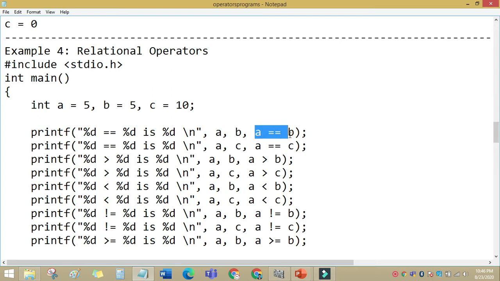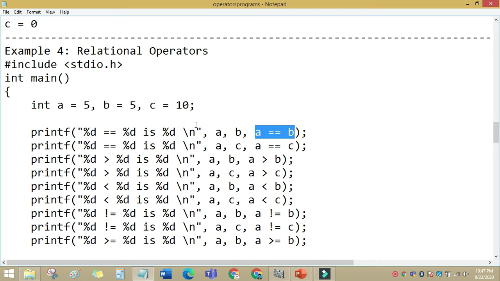If it is equal, it will give a positive integer value. If it is correct, it will give 1. Otherwise it gives 0. If the a value and the b value are equal, the condition is true, so the result is 1.